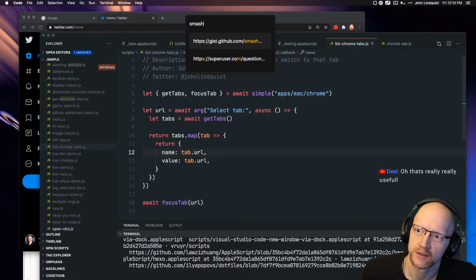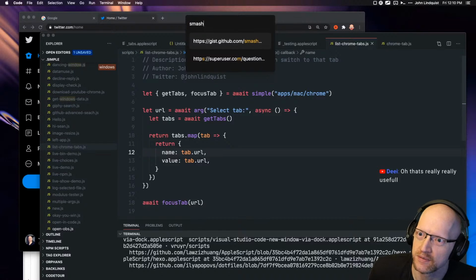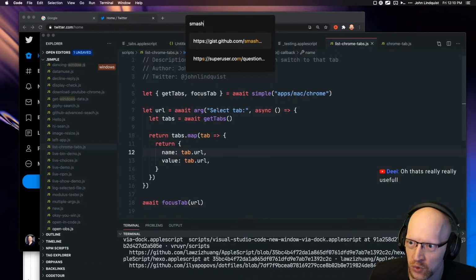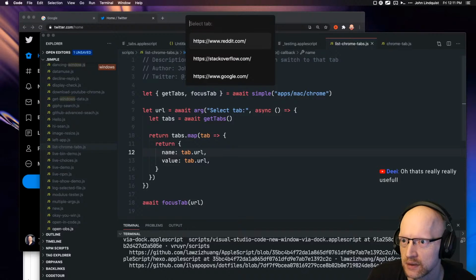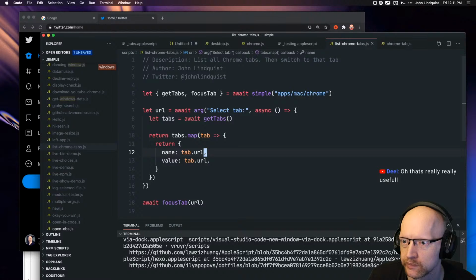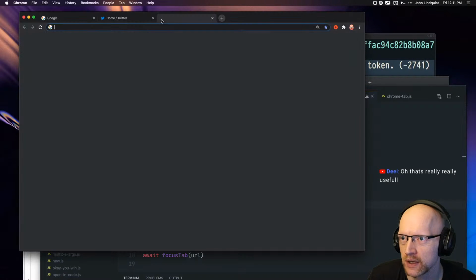Yeah, thanks. I think it's really useful too. It's something that has taken a lot of work to put together and build, but it's going to be cool when it's out. Alrighty, so I think I prefer the URLs. Although if I have like